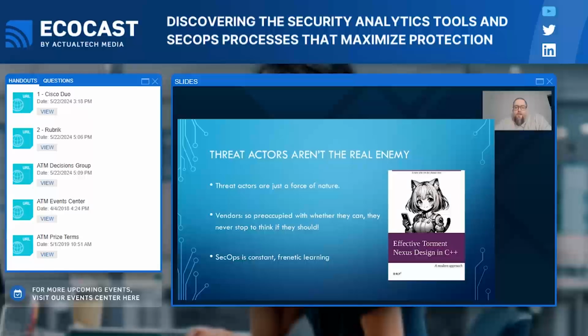I think the bigger problem that we have as an industry is actually our vendors, not necessarily security vendors, but just vendors in general, who are constantly making new stuff without thinking about how are we going to secure that? How are we going to defend against its abuses? The end result of this is that the entire job of everybody who works in SecOps is to constantly be learning absolutely everything. We need to learn